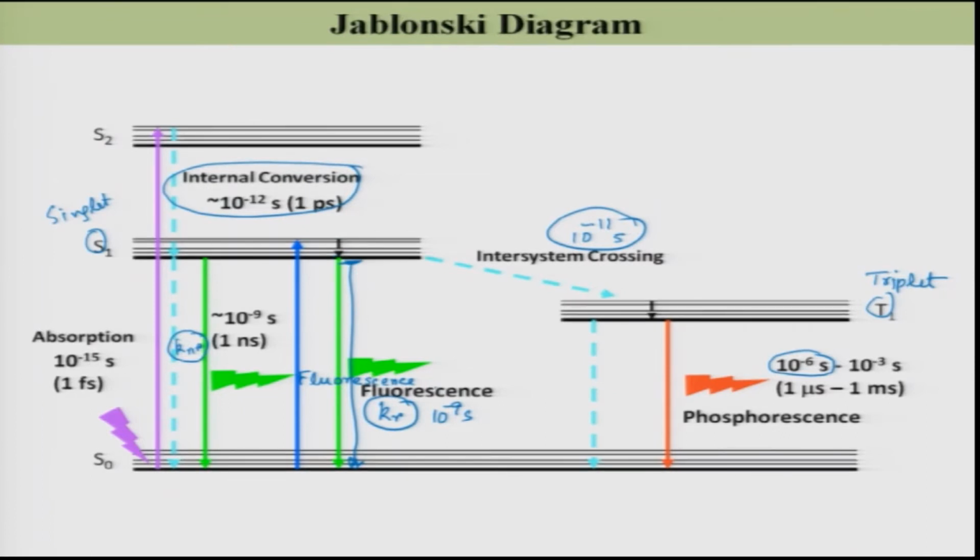As said, there could be a non-radiative process also. In this case, this is my Kr and this is my Knr. Knr is non-radiative, that means the excess energy is emitted not as light, not as radiation, but as heat. So, this is called the non-radiative transitions. Okay, so now let us